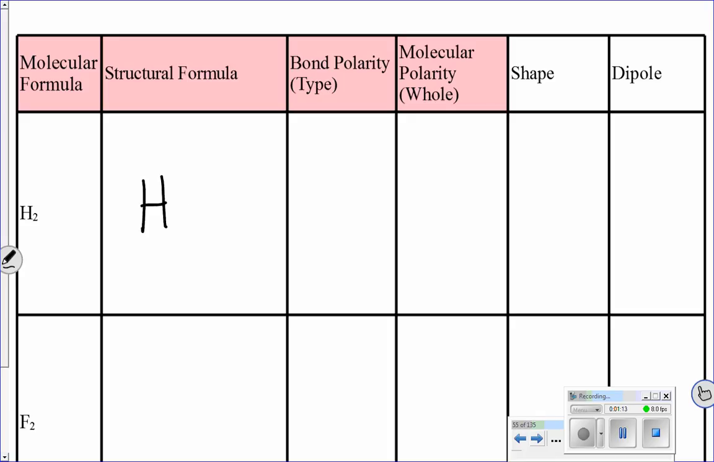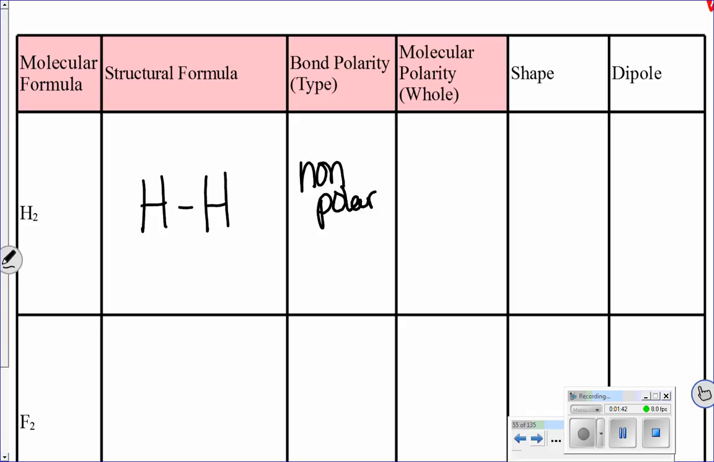H2 has a structural formula of two H's with a single bond between them. So each H shows up with one electron and they are being shared. Bond polarity means this bond right here. Is it polar? Is it non-polar? Are electrons being shared? Are they being uneven? Or how evenly is that occurring? Because these two hydrogens are exactly the same as each other, they're sharing electrons completely evenly. So this is a